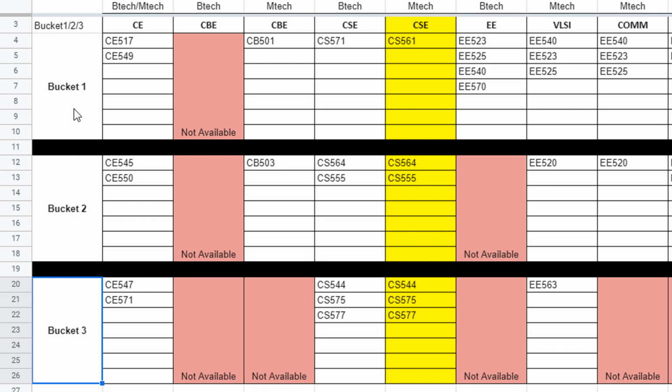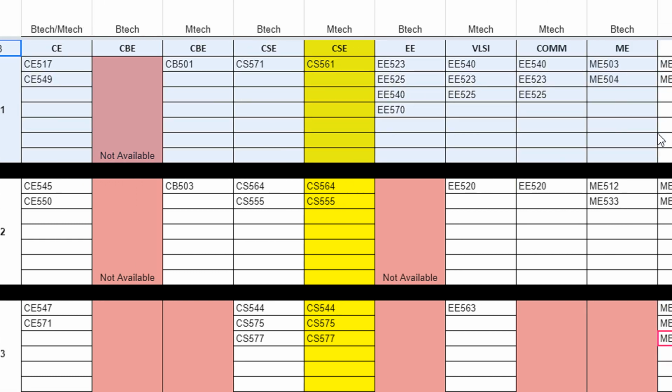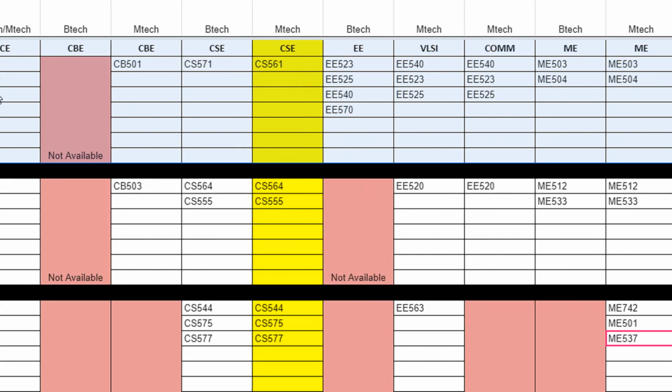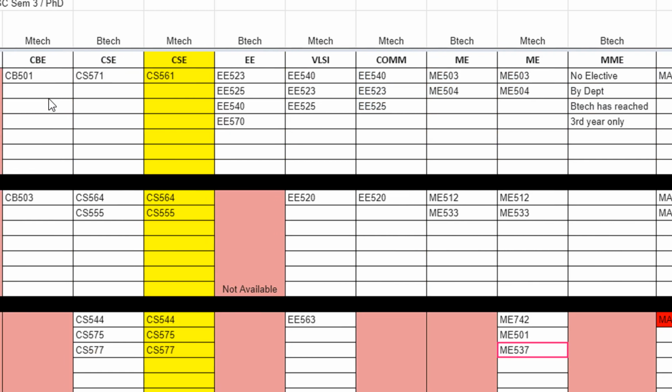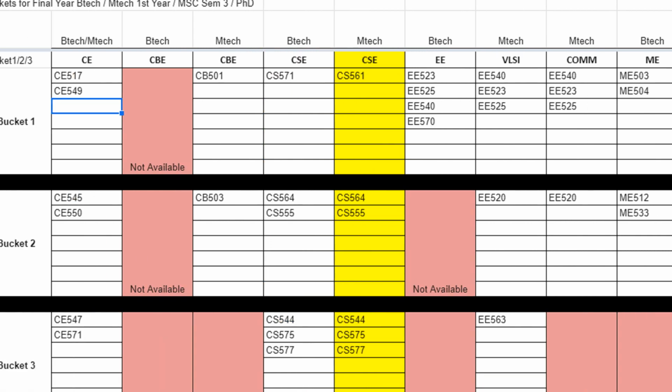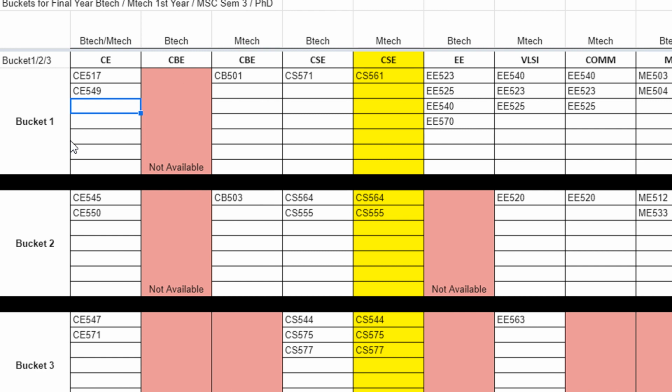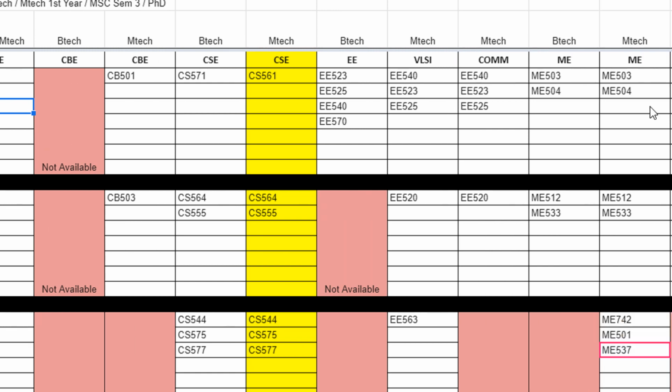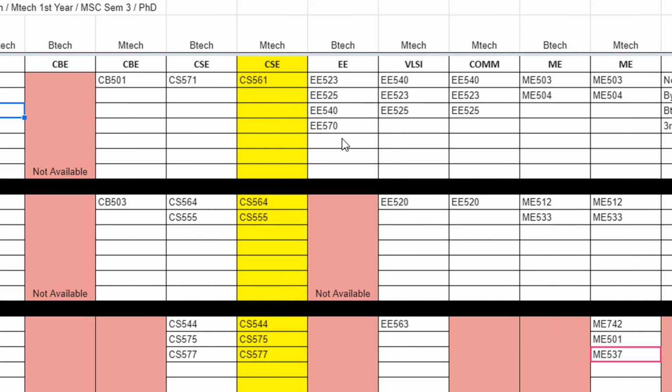So you can assume this bucket 1 to be like a brick, right? That is used in construction. So these are the elective courses floated by various departments, right? So when you are choosing your elective one, you have to choose just one subject from one bucket. Remember this thing, one subject from one bucket. If you remember this simple thing, your job is done, right? So now how do you choose that one subject, right? Do you choose any subject among all the available? No. For that, there is a very simple algorithm that we will keep in mind also.